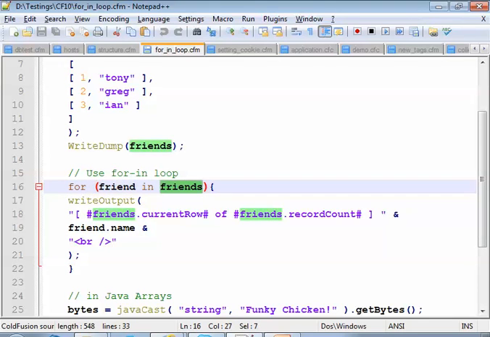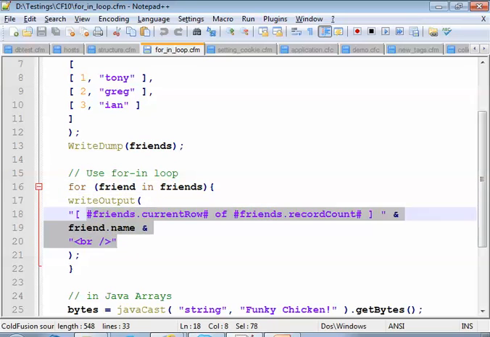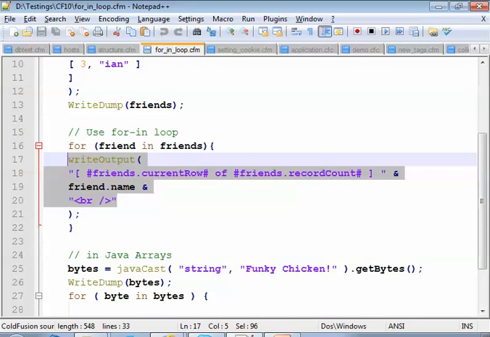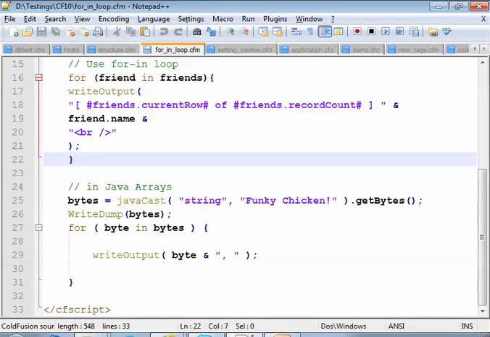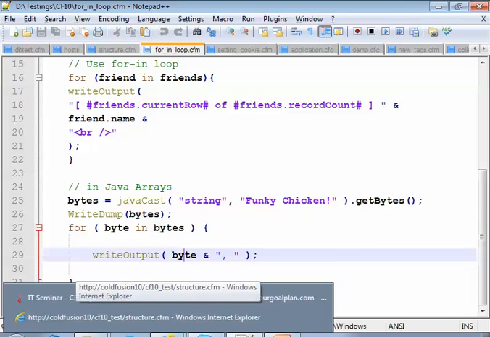You can just write out anything, for example. Then Java arrays also. Let's take bytes, we are considering the bytes in the string, this one dot getBytes. So bytes is a Java array here. Then in a similar fashion we can do it for byte in bytes, then writeOutput byte. So let's go through the example for in loop.